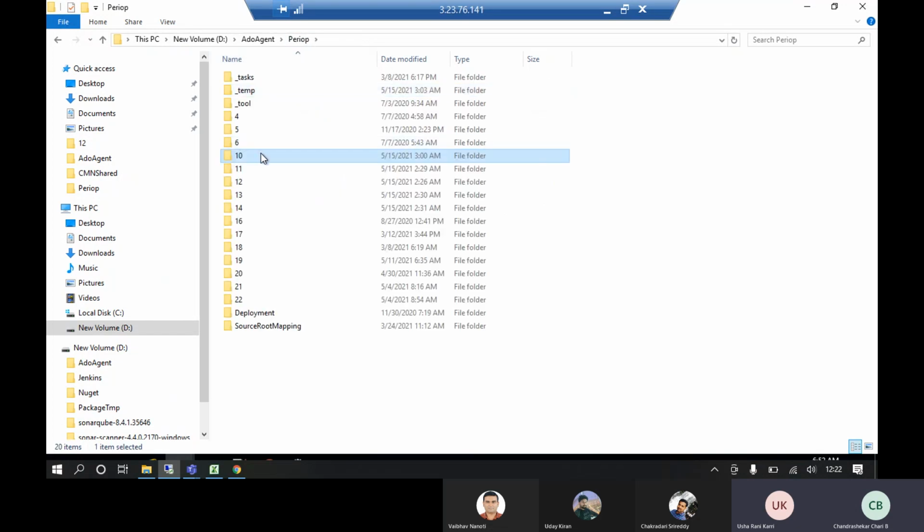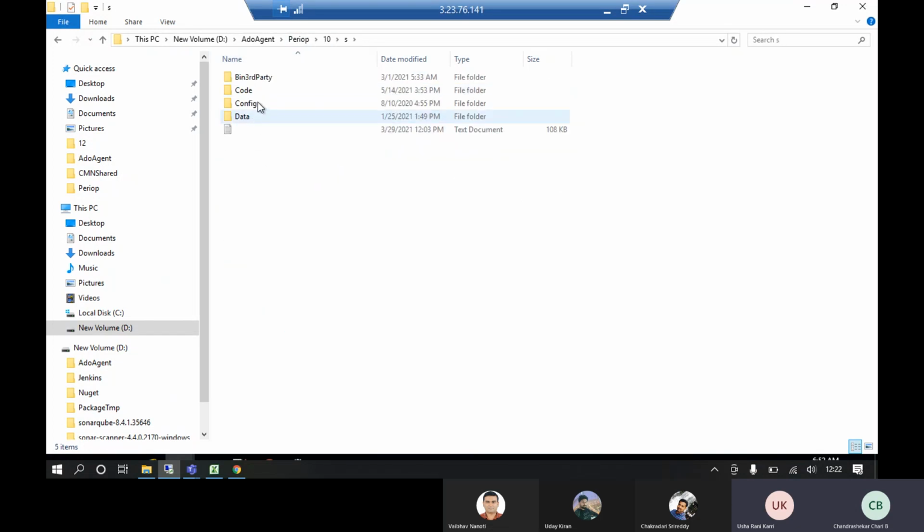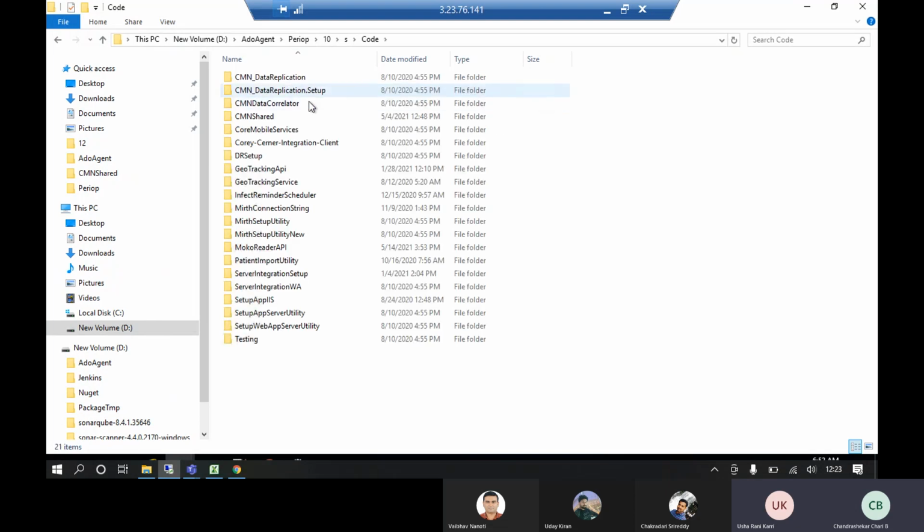Artifacts is nothing but, for any application to run, there should be some artifacts. Artifacts are the result files of that code. You have seen the deployment folder in the web app server, right? Yes, we have seen. That will get generated here.